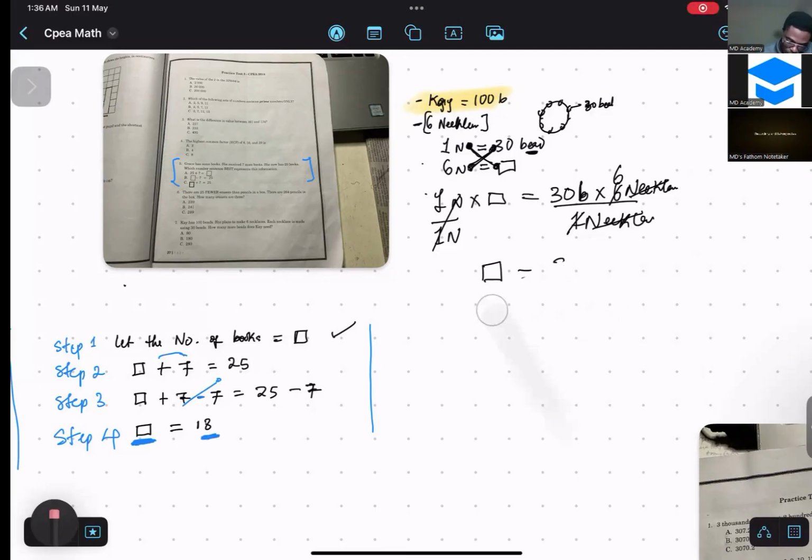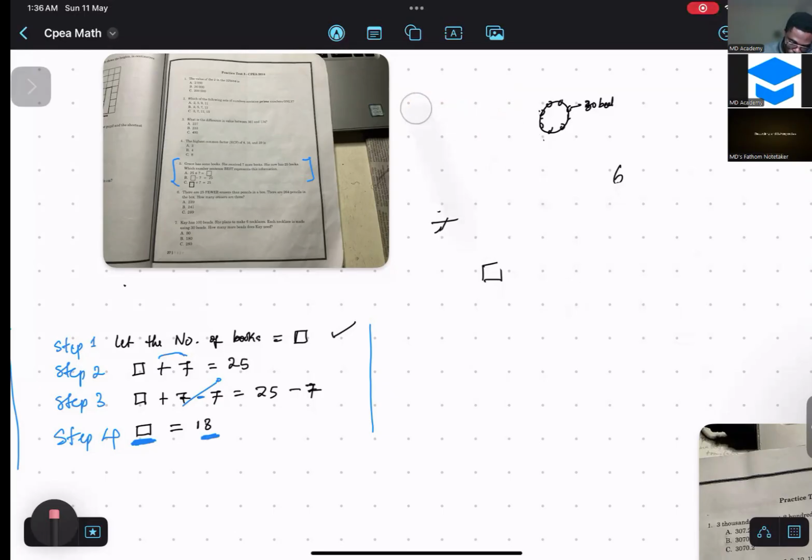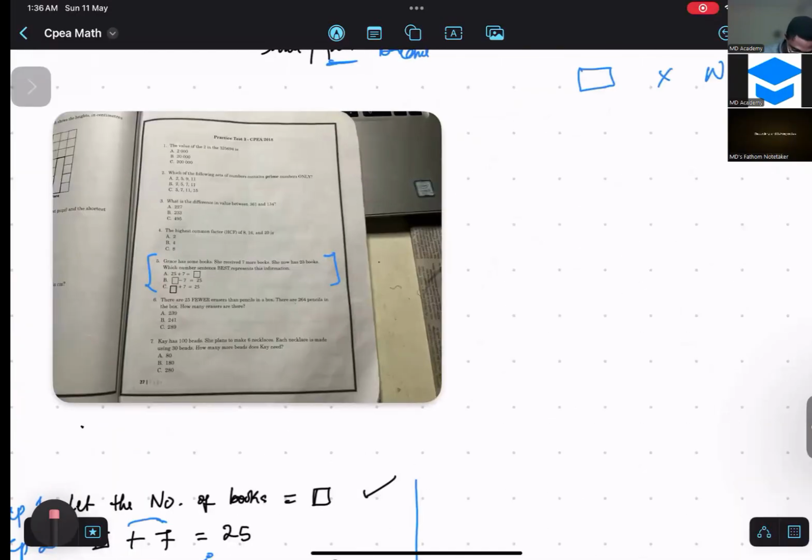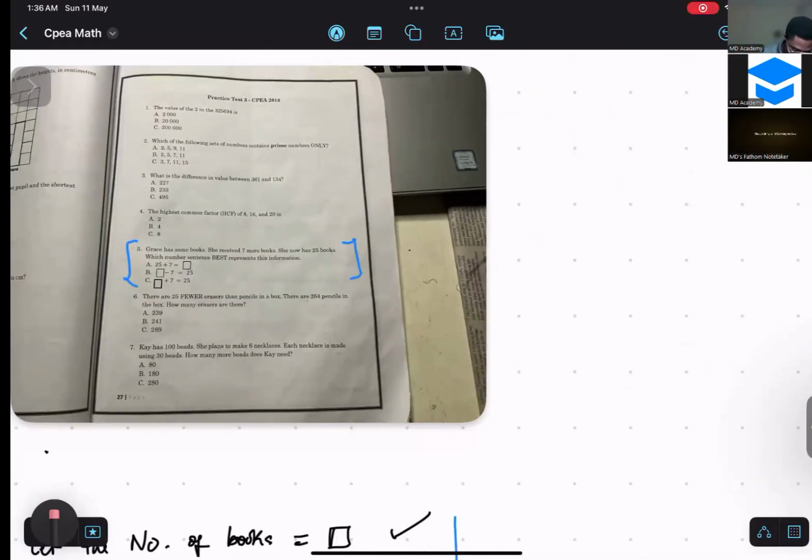So let's see how I would use the same rules. I would squeeze the words out and use the numbers alone to work out the problem. So remember, that's the aim. The aim is to squeeze the words out, remove all the words, just work with the numbers. All right. But again,